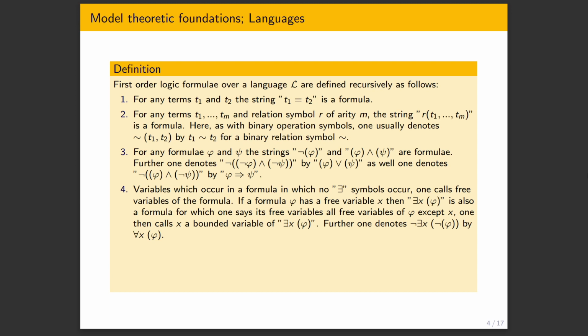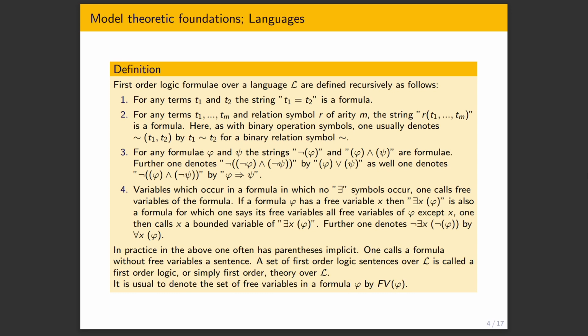So now we've defined what formulae are, and now we can speak of statements of our language, and those are going to be formulae without free variables. So for example, if in the example from before, 1 times x, we make that into formulae by saying 1 times x equals x. This is going to be, by the first point here, a formula, a string. And then if we quantify, so it has one free variable x, and if we quantify it for all x, 1 times x equals x, now this is a sentence because it has no free variables anymore. By quantifying x, we removed it from the free variables.